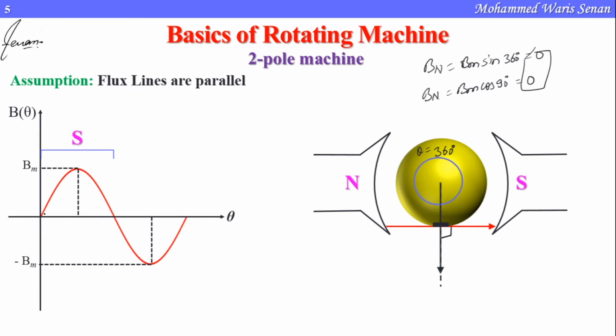So from here you can say that in one rotation from 0 degree to 360 degree, this is the graph which we have just plotted. It is a sinusoidal graph. We know that flux is sinusoidal, the B wave is sinusoidal. We call it a sinusoidal wave. Now, from 180 degree to 360 degree, this coil is under the influence of the north pole. So we show here that this portion is under the influence of the north pole. This B wave is sinusoidal, which we have just plotted.